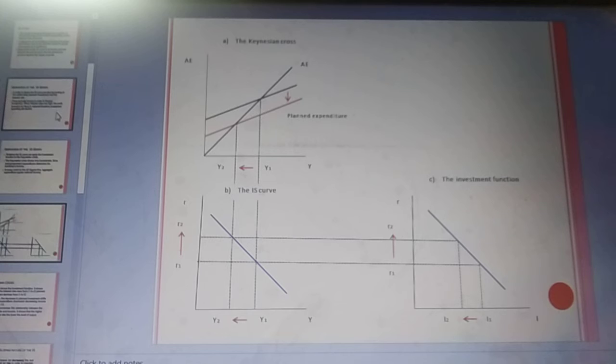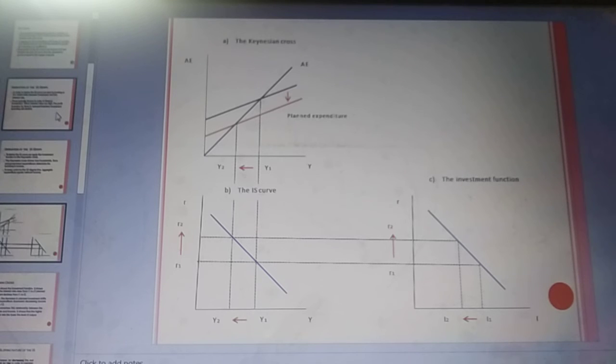The less expenditure will result in less income of the people, and more expenditure will result in more income of the people. In graph B, we see the relationship of the rate of interest on the income level of the people. The relationship of the rate of interest with the income level is inverse. That means with the increase in the rate of interest, the income level of the people will decrease, and with the decrease in the rate of interest, it will have an inverse relationship or a negative impact on the income